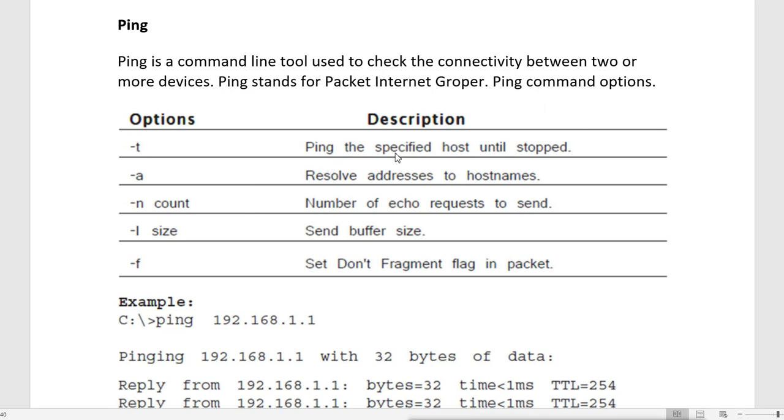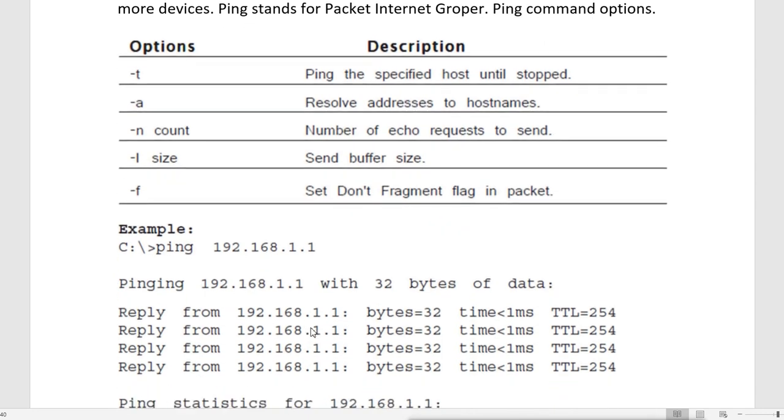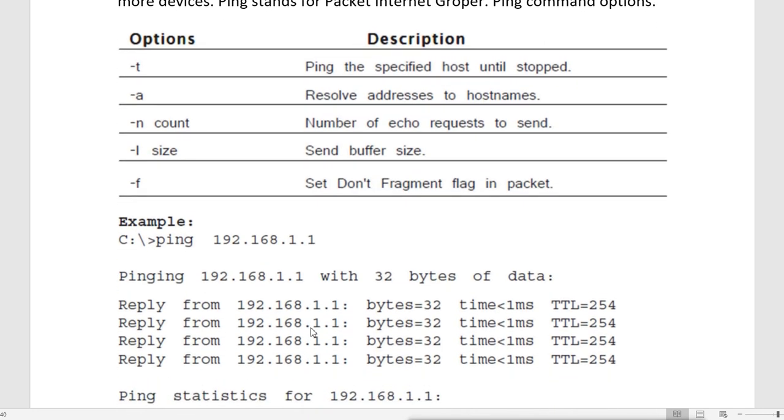So what does our machine do? Our machine sends a request, a ping echo packet. Echo is a protocol. So it will send the echo packet to the destination IP address which we mentioned. For example, ping and then the IP address of the other system. So our machine sends the request of the echo packet. By default, a Windows machine sends 4 packets, so it sends 4 packets to this IP address.